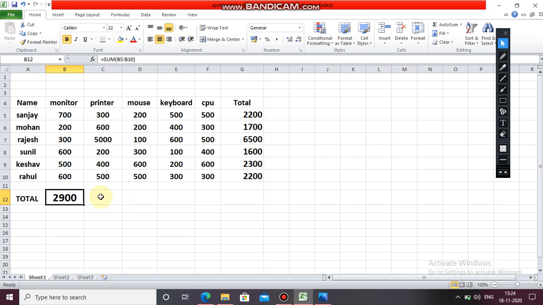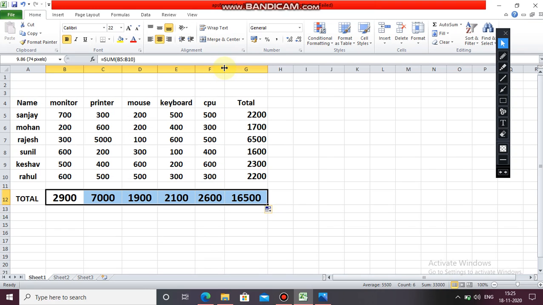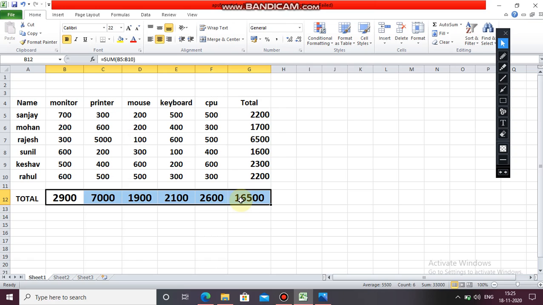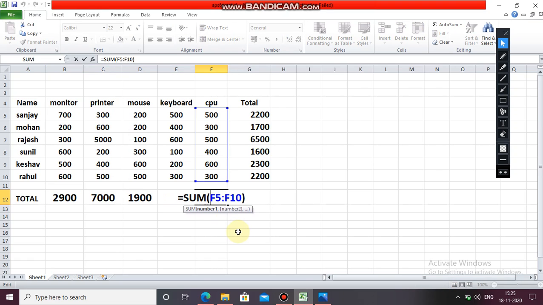Here also you can have an autofill feature. Just drag it. See. The error which I have told you. Which type of error? For the spacing. Have you seen? See. Hash. The first part we have studied the error. So just give more space and see. And double click, you will see the formula. Hope you have understood.